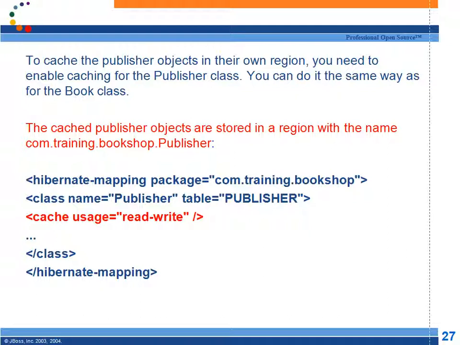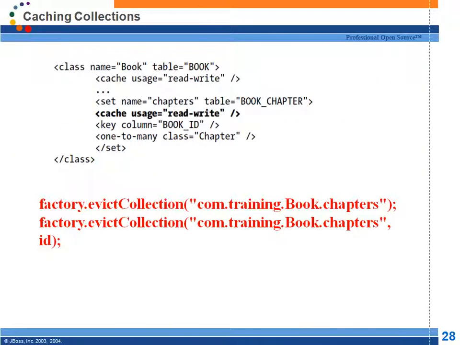Now, see here, book is having its own cache region. This is a cache region for book. Object of book is present, and book is having a publisher. Here only the primary key of the publisher will be stored, and if you have enabled second level caching for publisher, the publisher will be stored in its own second level cache. Right? And for collections, you have to separately enable it for collections. Okay?